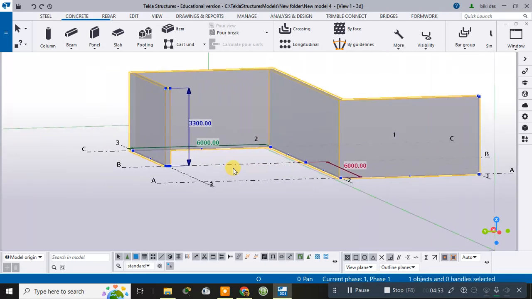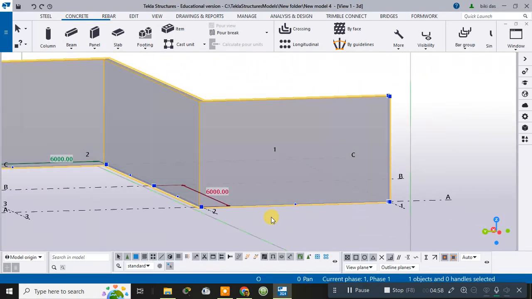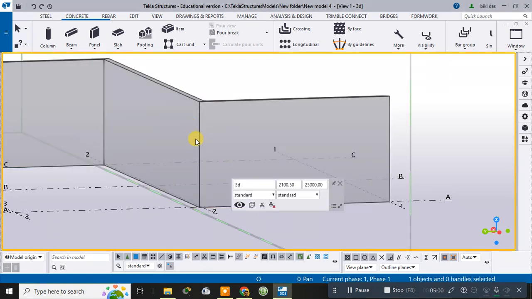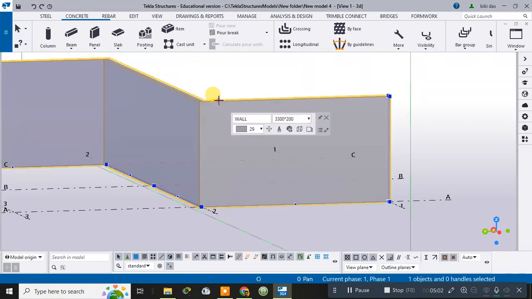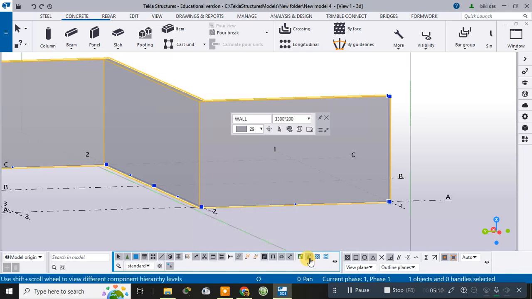Just rotate to the corners in order to chamfer or fillet the corners. As you can see here, this one is the corner. So simply click in the wall. After clicking in the wall, you need to click in this object, select object in the components. So as you will click here,